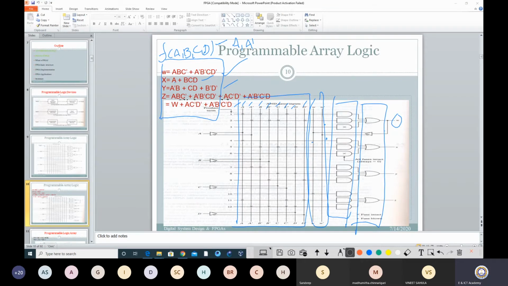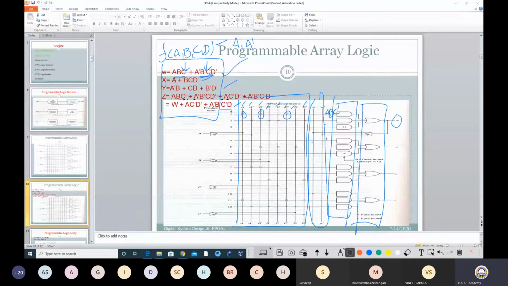So that means I need to take A. So for this W, what are these? There are two terms in the SOP. This is basically a sum of products that we are defining, and each product term we define as a min term. So these two min terms are there for my SOP form. If you observe, the first min term is A, B, C dash. So how can I generate it? I can fuse this point which is for A, and I can fuse this point which is for B, and I can fuse this point which is for C dash. So here the input of my AND gate is A, B, C dash.